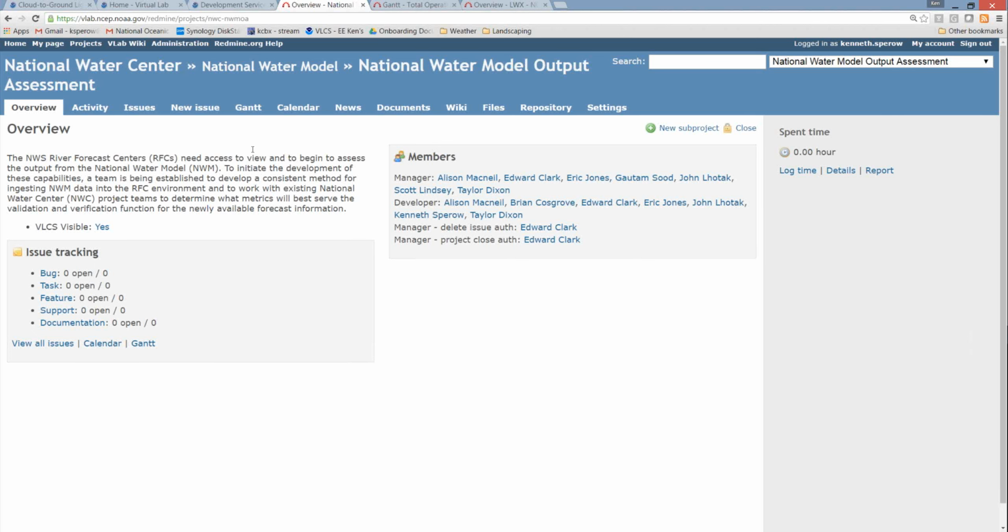So it could be bugs, it could be enhancements, it could be requirements. There are lots of different ways to use this, and in fact I'll show you several different ways that this is being used within the field. And then a project can also have a code repository associated with it, and we support both Subversion